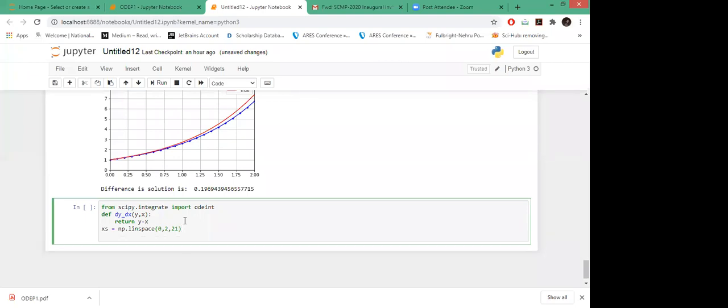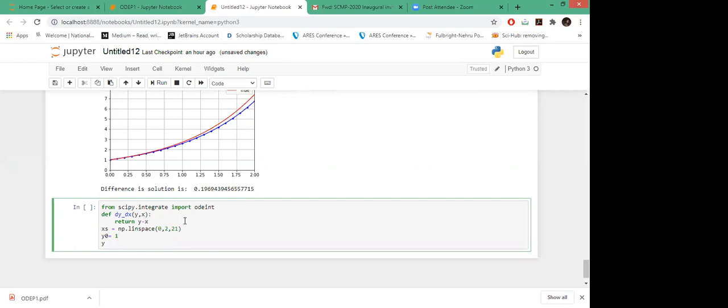Okay, this is for y0 equals 1. My solution I will store in ys, and now I am calling this odeint function.